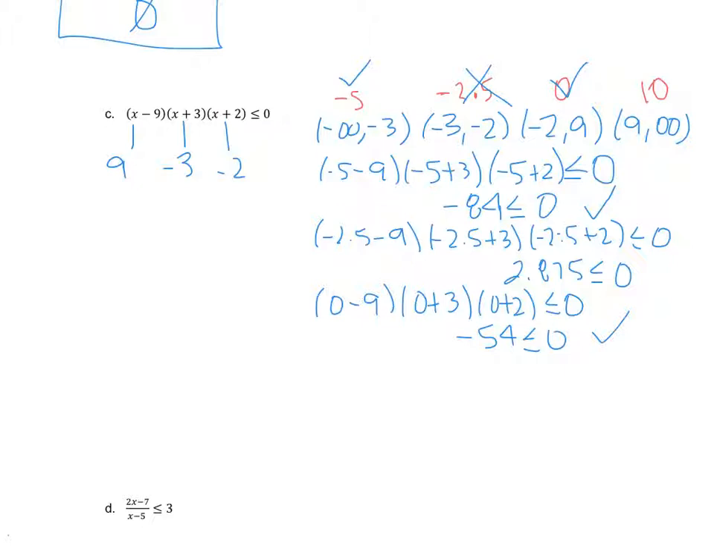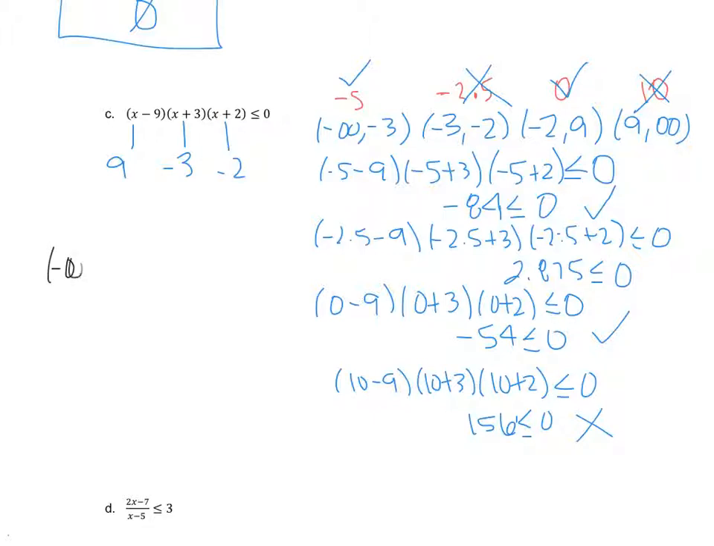And now I'm going to try 10. 10 minus 9 times 10 plus 3 times 10 plus 2 is less than or equal to 0. And you get 156 is less than or equal to 0. That interval does not work. So again, you'll want to make sure that in your solution you have only the intervals that work. Okay? So in my solution, I'm going to have negative infinity to negative 3, union